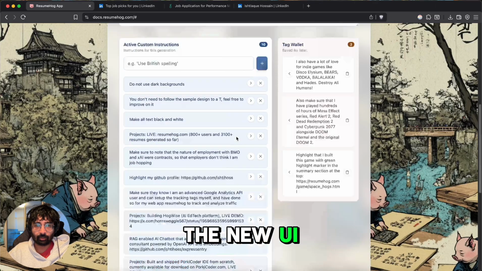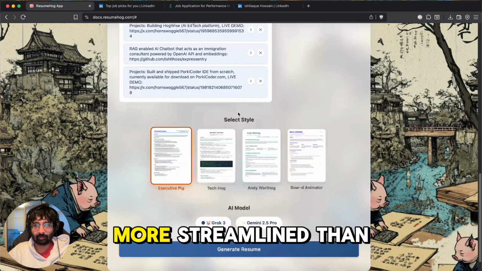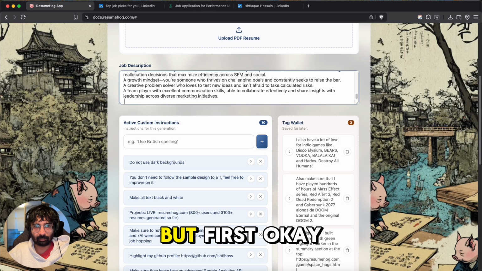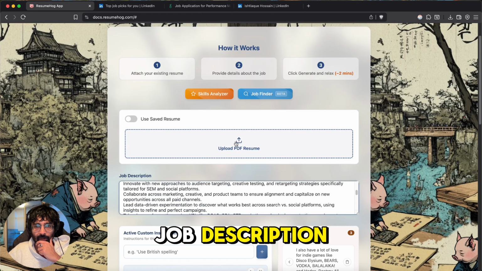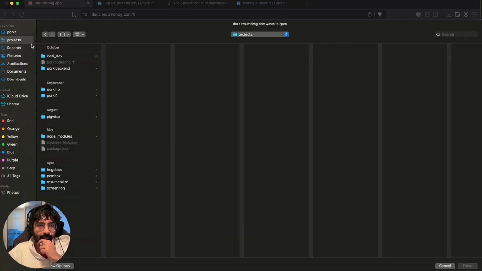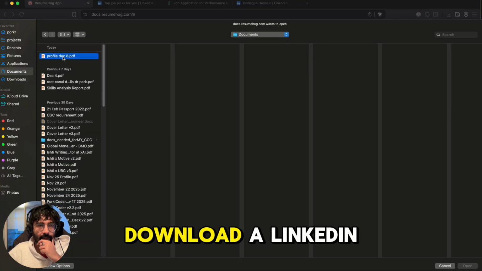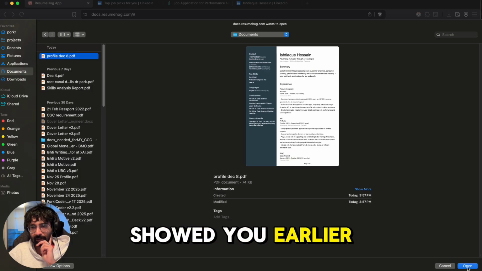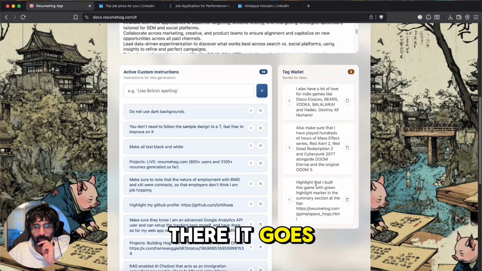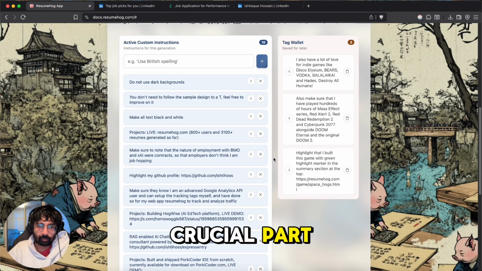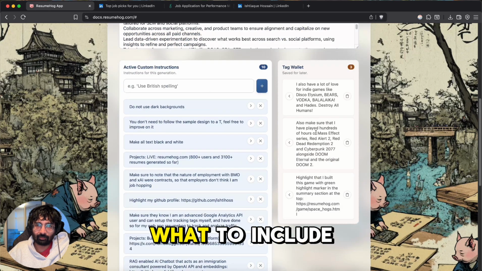So this is the new UI. It's a lot more streamlined than before. I'm going to get to this section in a bit, but first, okay, I pasted the job description. Now I'm going to add my LinkedIn PDF export that I showed you earlier. There it goes. And so this is the crucial part where I add custom instructions of what to include and